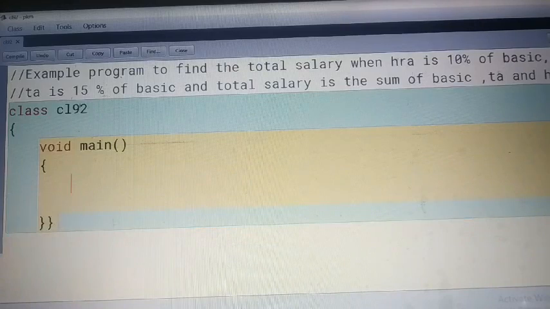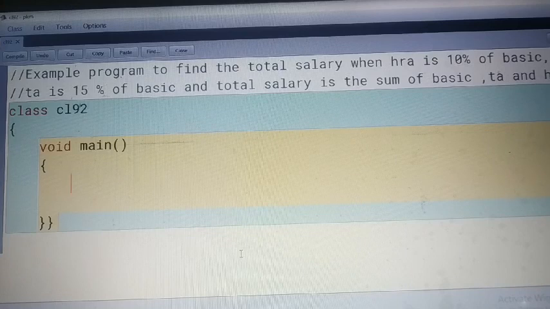Next, there will be another variable that will handle the HRA, a variable that will handle the basic, and a variable that will handle the traveling expense, means TA. So how many variables do we need? 1, 2, 3, 4. Total 4 variables.